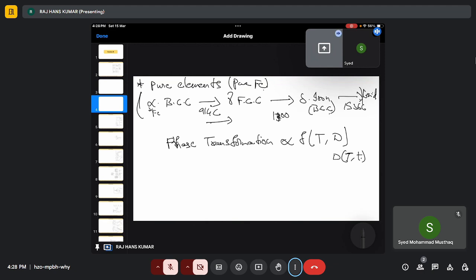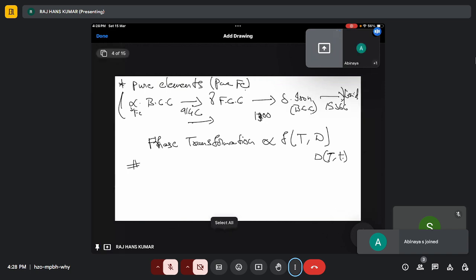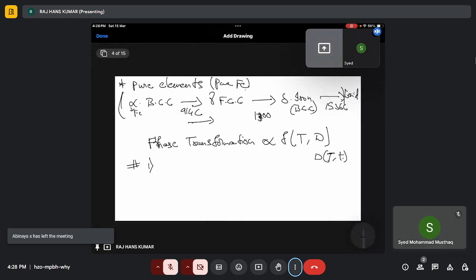We know there are two types of diffusion of atoms in a material. One is substitutional diffusion,